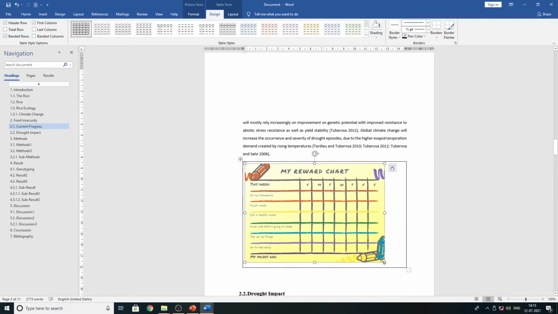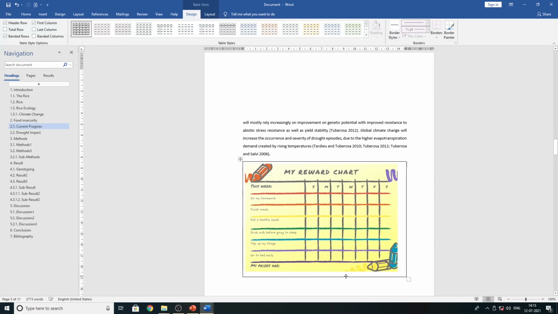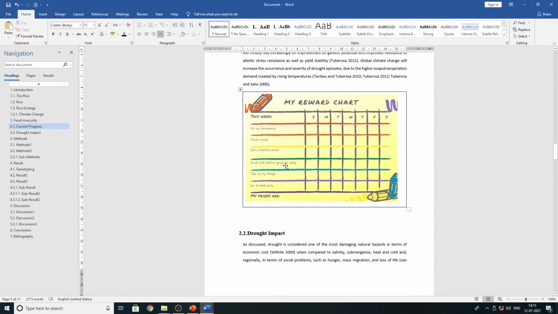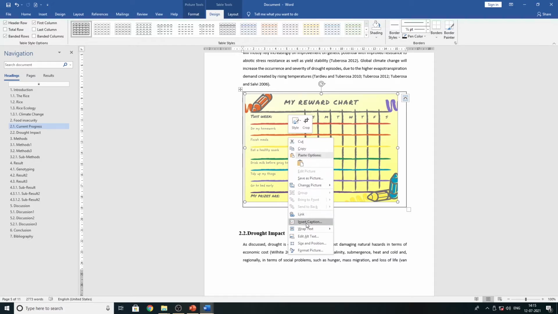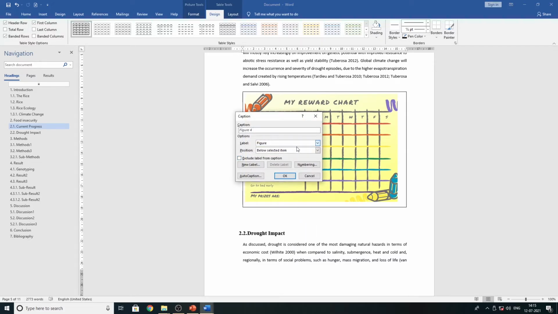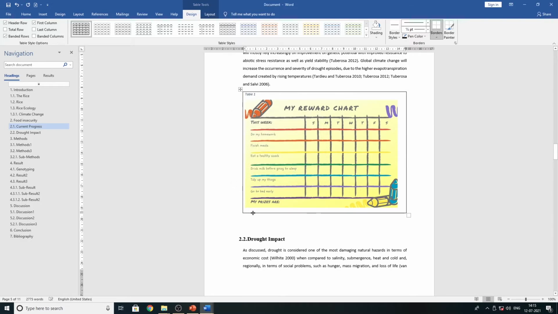Yeah, adjust your table. Right, your table is adjusted here. Now I'm going to select the table, right-click, insert caption. See, figure is highlighted here. I'm going to change that figure to table. See, Word automatically detects this is the first table. So I'm going to hit OK. See, the table legend is always on top of the table. This is the first table, right? I'm going to change the font, black, italic, right, that's final.